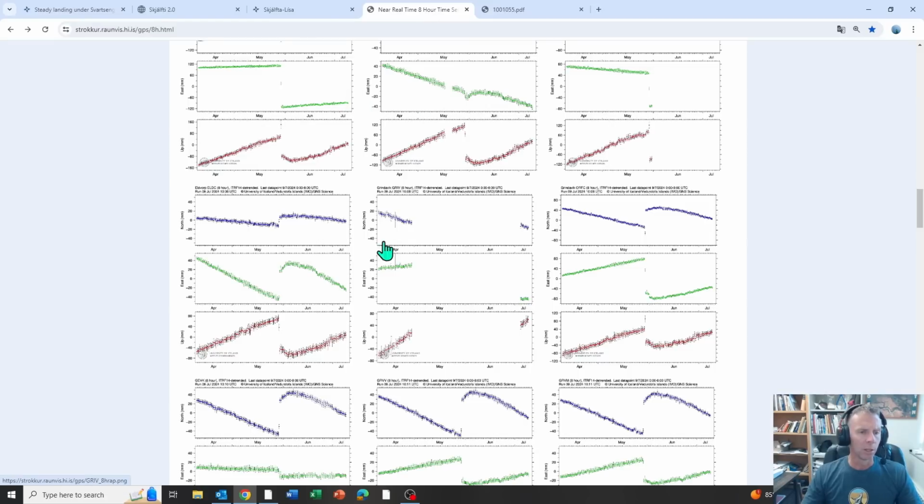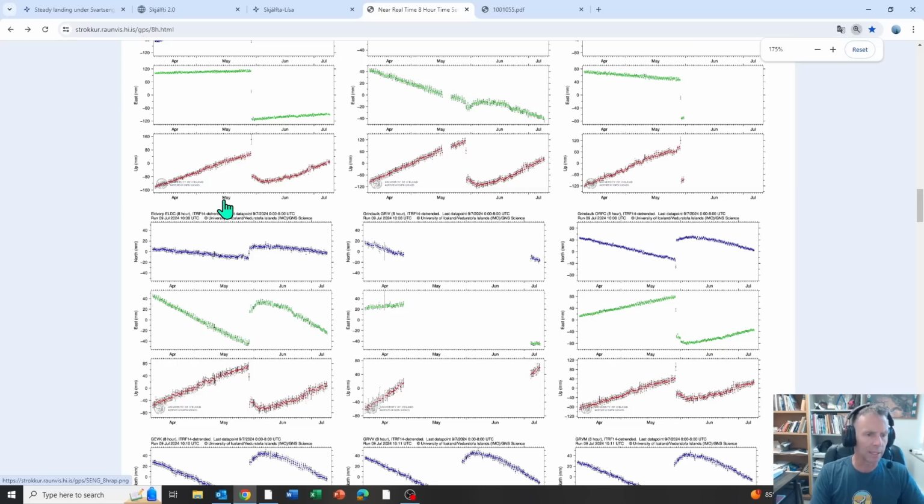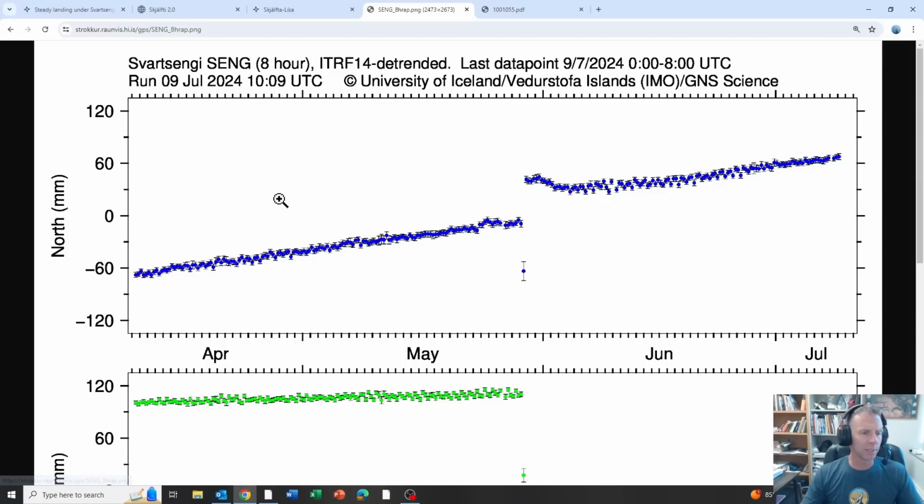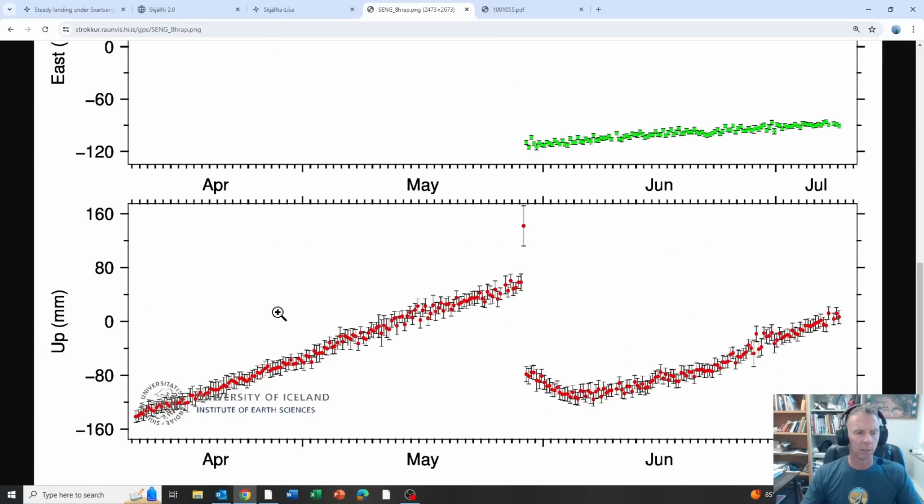Going on to the GPS data, and we can go to Svartsengi station first and look at the uplift data here. So you can see the trend here after the May 29th eruption, mostly a deflationary trend as the ground fell a little bit. Again, this is an anomaly. If you go back in time, this is quite different than what we saw with the other ones. But then since then, it's behaved more normally with uplift since, I guess, what is that, maybe like